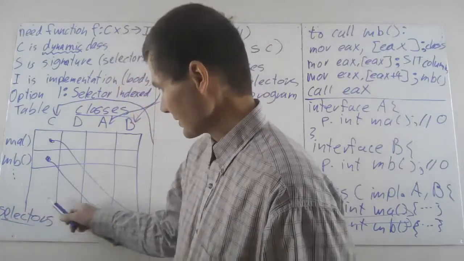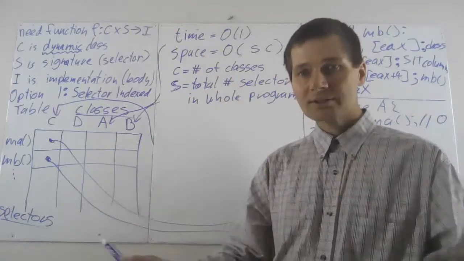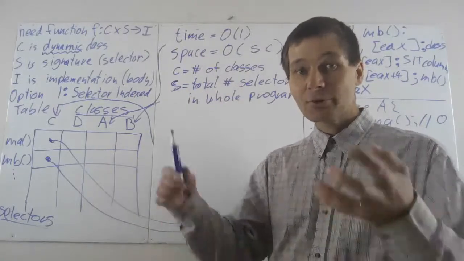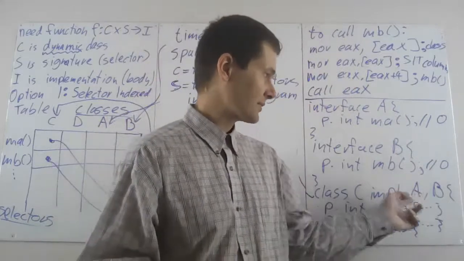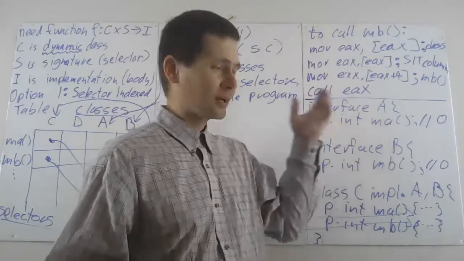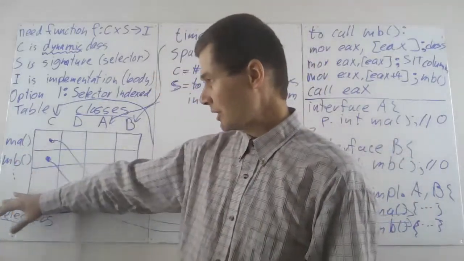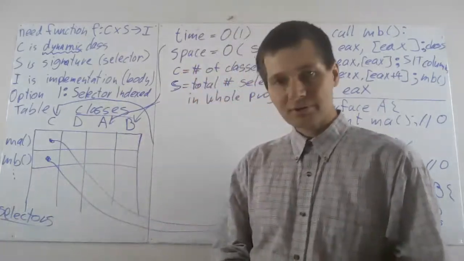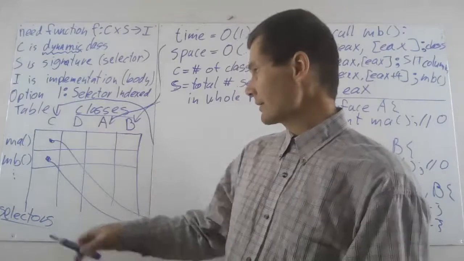You have this idea of selectors, right? And you need to know all the selectors that you have. So before you load a class, you're going to need to load all the interfaces that it extends. And as part of loading an interface, you might need to extend the selector index table with new offsets for those interfaces. And then the problem is going to be that